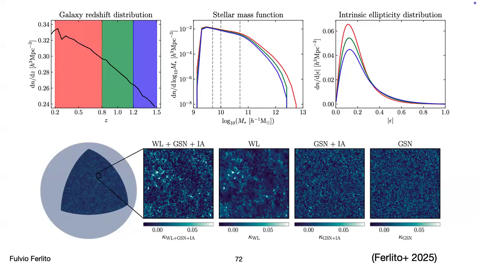Also, we saw that different simulations start to disagree at a certain scale. So that's also the transition regime. But this also depends on the source redshift at which you're interested, right? So it is basically angular scale and also source redshift.